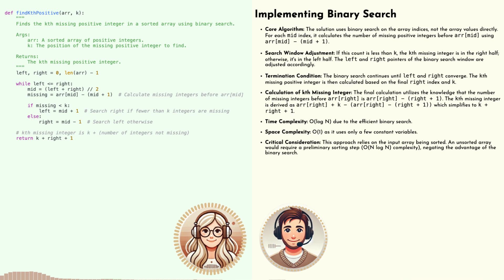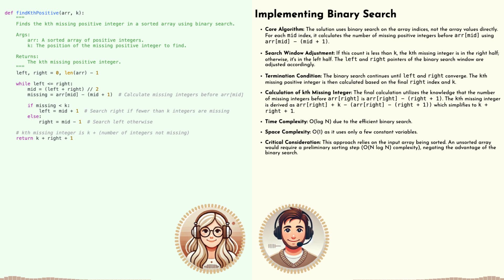But which way do we go, left or right? Since the count of missing numbers before the middle element is less than k, we know the kth missing integer must be somewhere in the right half of our search range. So we move the left pointer to the right, narrowing down our search. The new left pointer will now point to the element right after the middle element. And then we repeat the whole process,